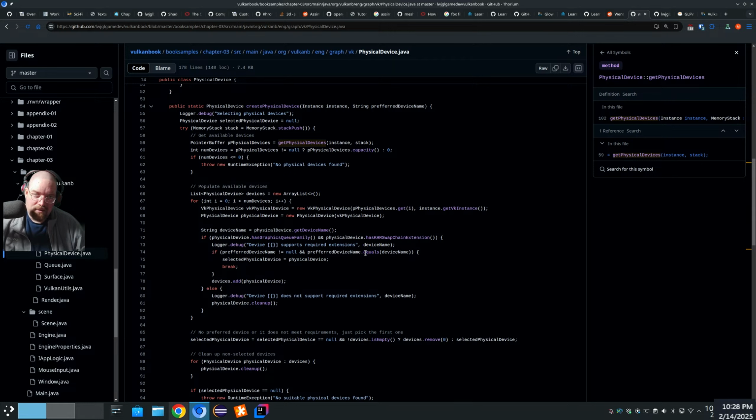I mean, there's no reason to build up a class with all these properties in it if you haven't found the physical device you care about. Like, yes, you still have to loop over the devices as far as Vulkan is concerned,